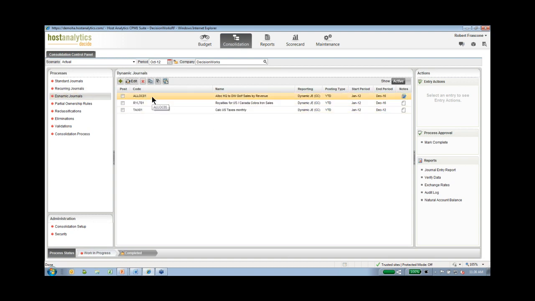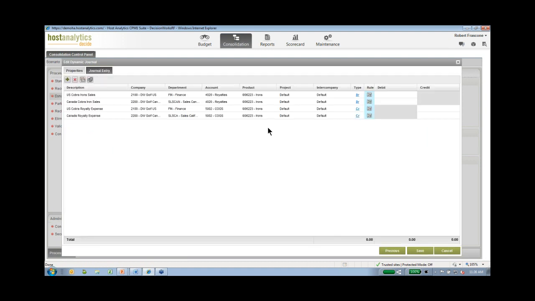Dynamic journals. I'll open up a little bit, for display purposes here. We've got a few different dynamic journals. So what would you use these for? The best example I like to bring up is, what about those royalties? Royalties you're going to pay based on revenue or some other metric every single month, but it is based on a calculation. So in this case, we live in a golf club and golf ball retailer distributor world in our demo environment. So we're selling golf clubs. We're selling golf balls. I can set a rule that will calculate what my royalty is based on X percentage